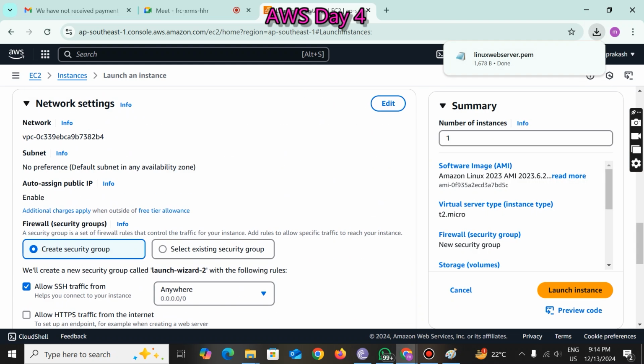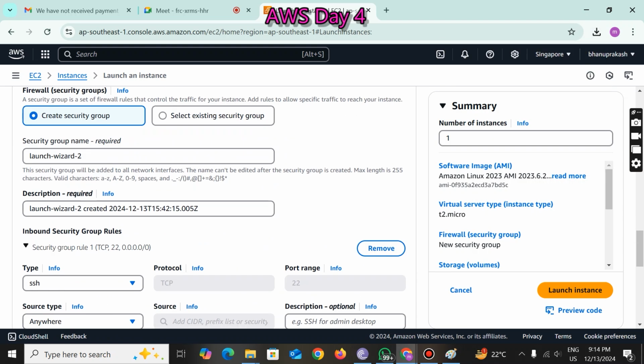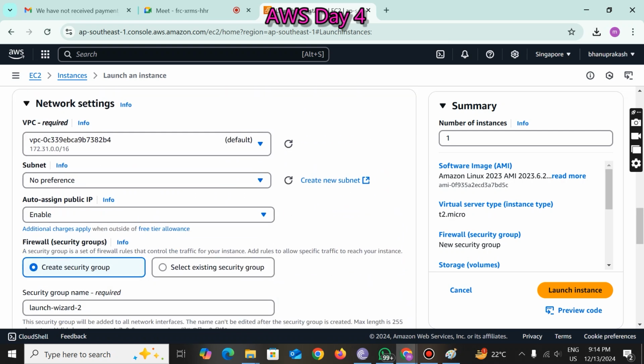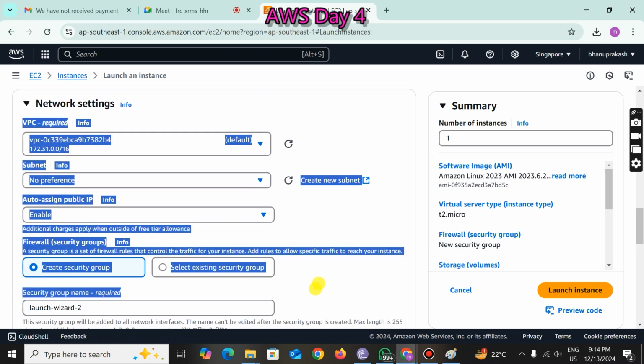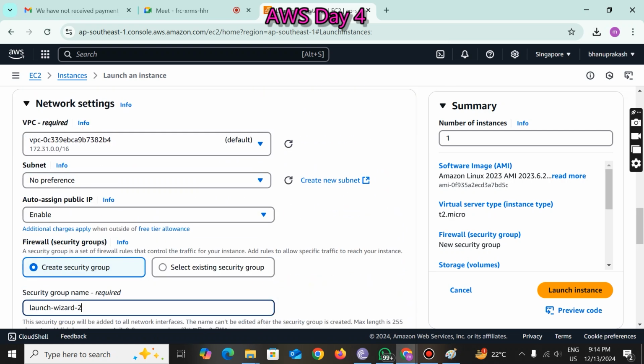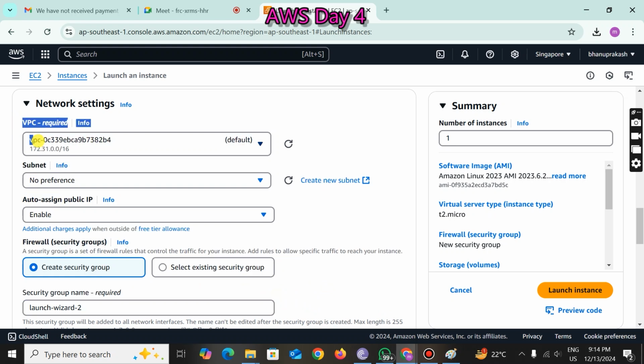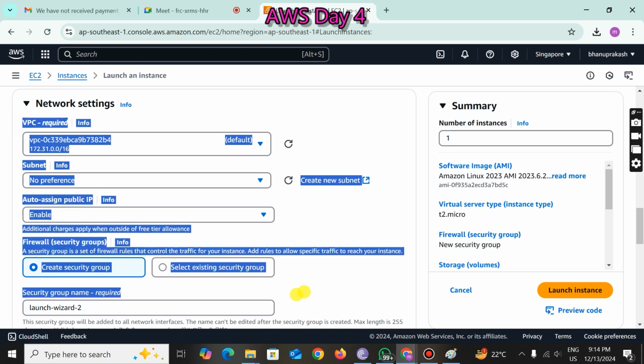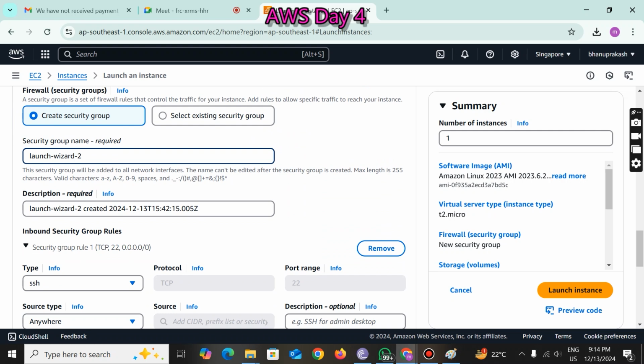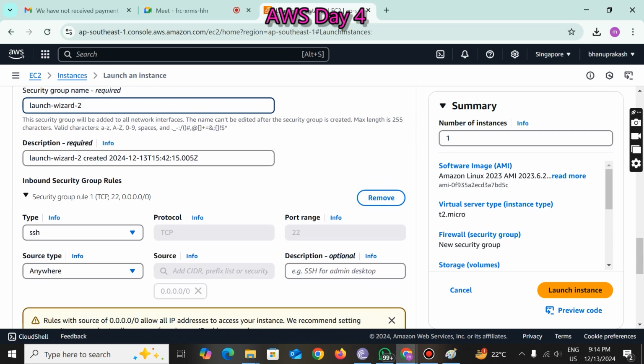Next, I am going to the network settings and clicking on edit. Leave all these other things. Right now, AWS is providing the default network, so we are using the AWS network only. Later on, we will discuss it. There is a separate concept for all these things, where we are going to learn about VPC. In the network settings, just give some name here as well as